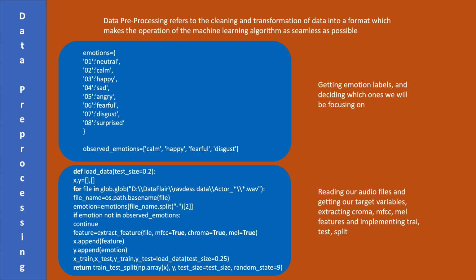The reason this step is so important is our model will look at the training data. In the training data, it will have the emotion and the features given to it. It will observe what is the relation between the emotions and the features. So how much a change in one feature is affecting the emotion, how much change in the other feature is affecting the emotion, and will make an equation. So it will study the data and establish a pattern. In the testing data, it will only be given the features, and it will have to predict the emotion. Once it has made a prediction, it will get to see the emotion, which is the answer. And then on the basis of whether it is right or wrong, it will adjust itself.